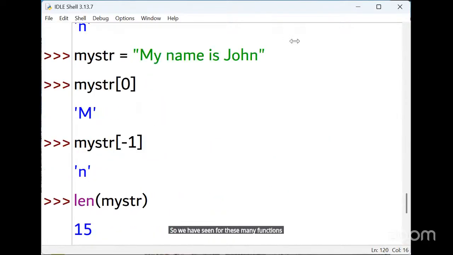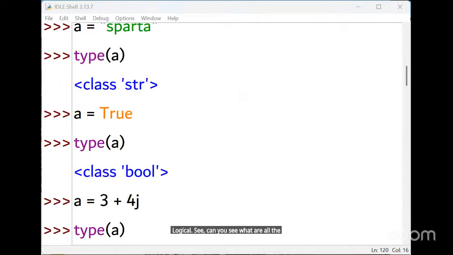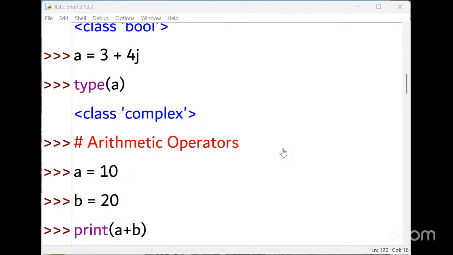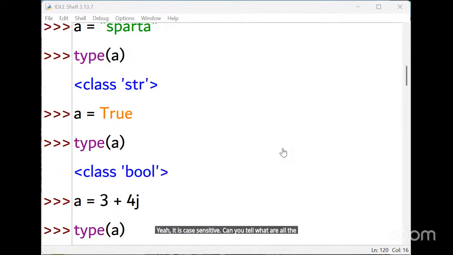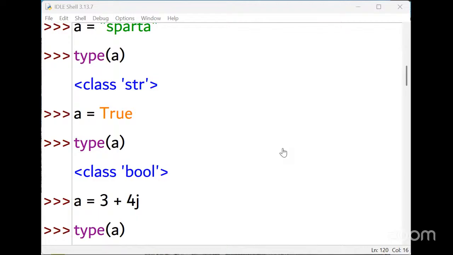Before we see logical operators, can you tell what operators are inside the arithmetic category?